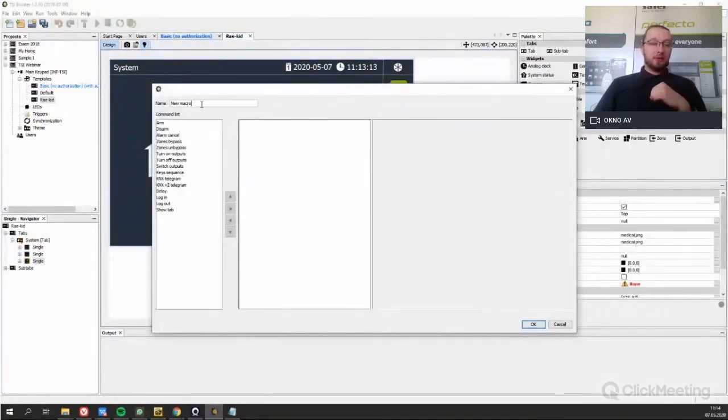This is something that we will use in here with the macros. So we will start fire alarm from the keypad. And of course, talking a little bit more about the macros, we have command lists like arm, disarm, alarm, cancel, zone bypass, unbypass, turn on, off, or switch outputs, key sequence that we will use with the fire. We have the possibility to send KNX telegrams from TSI. We can wait a little bit. We can log in, log out, and show tab. I will talk about it a little later on, most of it, but for this case, we will use